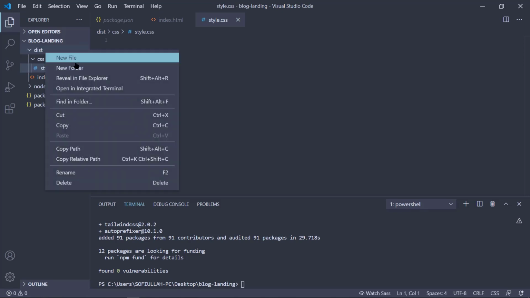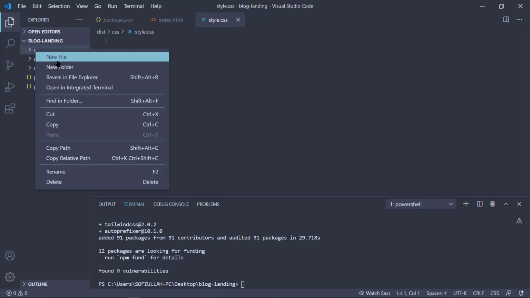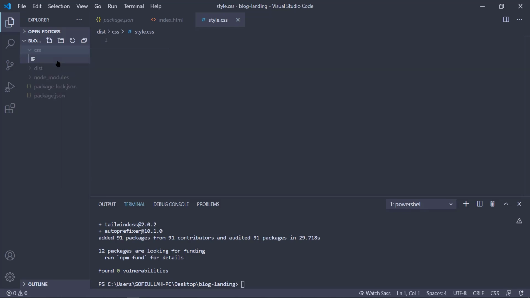Now I am going to create another folder for images, or maybe assets. I think I am going to name it image. Now we have created the distribution folder. While finishing the coding, we will only need this folder. Now I am going to create another folder for CSS, and I am going to create a new file inside it, which I am going to name tailwind-css, sorry, tailwind.css.